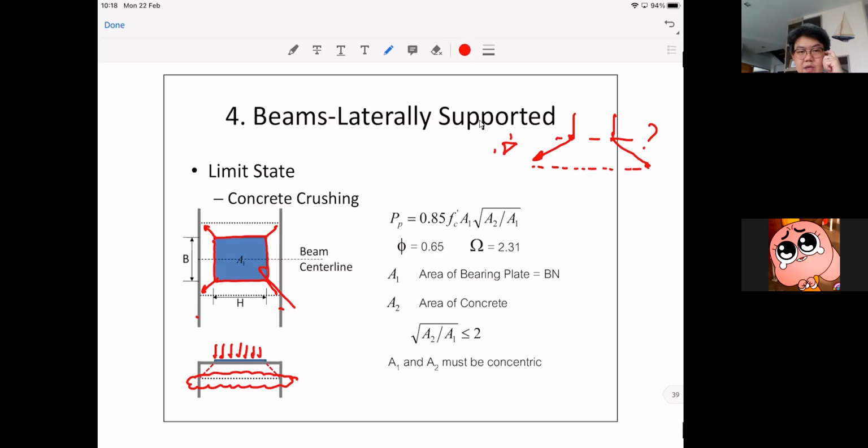I'd like to include this because the general idea is the same, where you have the pressure coming in, but this is not where the failure will occur. The failure will occur somewhere underneath. And therefore, we don't use A1 to calculate the area that the concrete will carry the load. Because I would like to create a video where the first session is steel and the second session is about the concrete and the plate design,